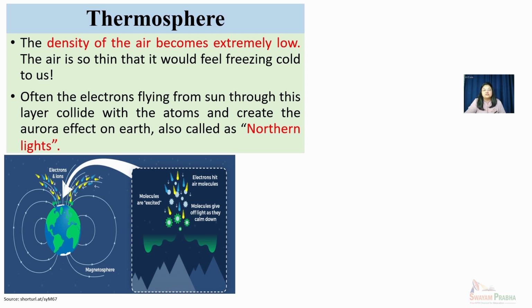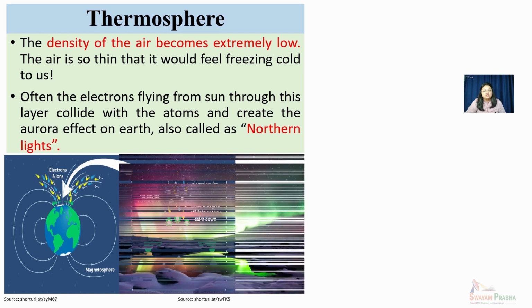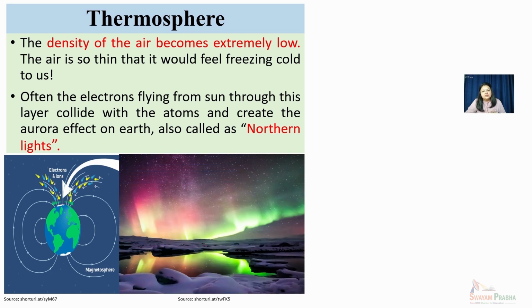lightning effects in the sky in the northern and southern poles, primarily in the northern polar areas, and this effect is called the aurora effect on Earth. It is also called the northern lights. In the northern hemisphere, this effect is called aurora borealis, and in the southern hemisphere, it is called